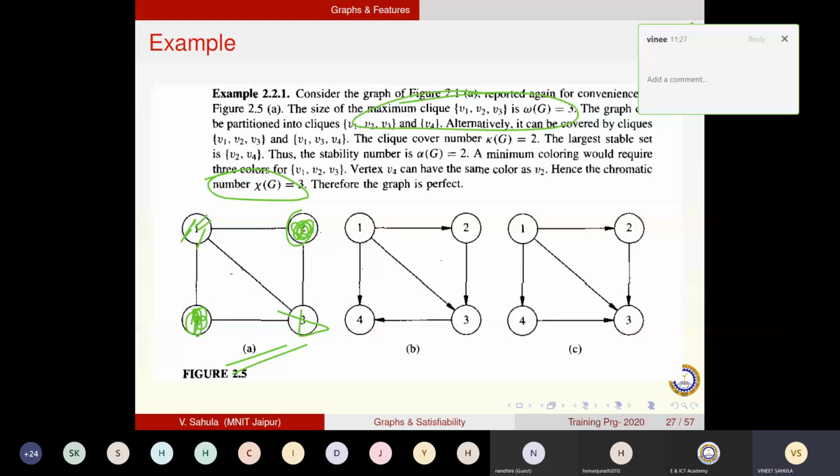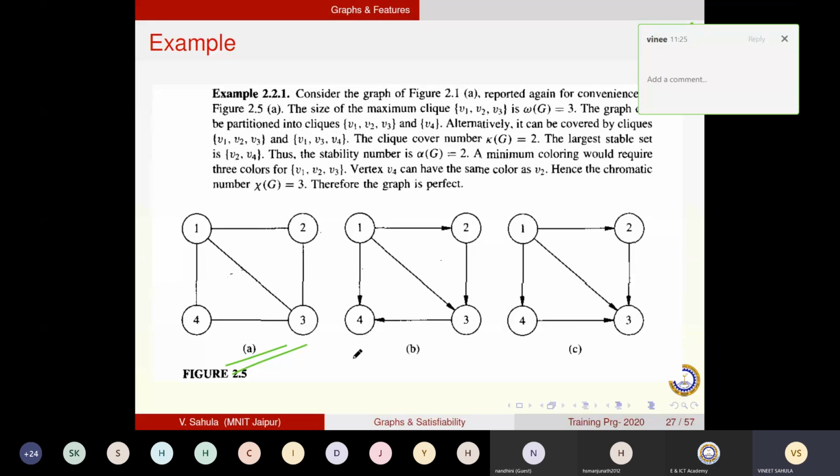Now the last question: what is the independent set size? The maximum number of independent vertices. Someone has answered, say number 3 or number 2, I don't know. Independent number of vertices, only 4 vertices. You can choose any one of them, which is lightly connected. So you cannot choose 1 and 3.